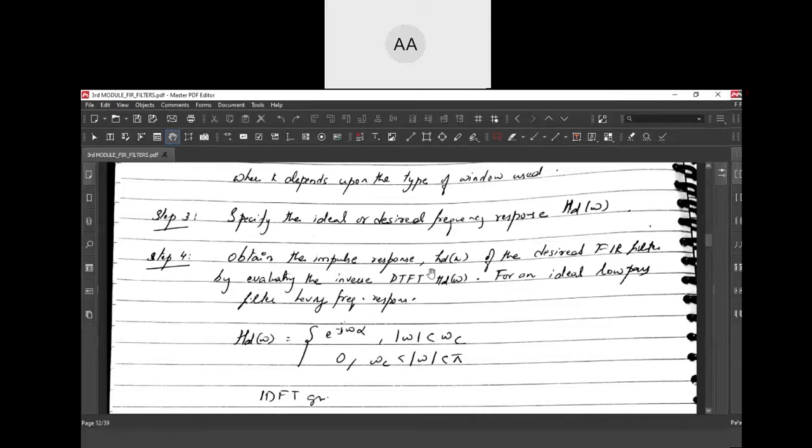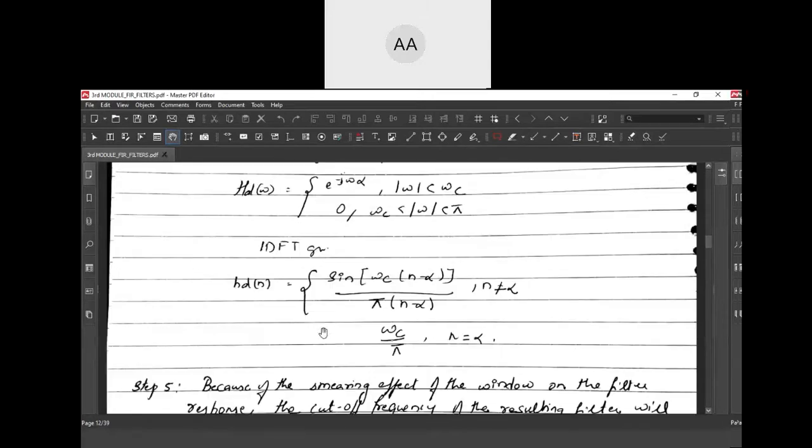If you want to take the inverse transform, because frequency is continuous, you should use integration. You use integration and take the IDFT. Usually you'll get it in this form itself, so you can directly write it like this. If it is a low pass filter, it is this; if it's a high pass, you will see that it will be omega c into alpha minus n. That will be the only change that happens. You will do problems similar to that and you yourself will make it out.